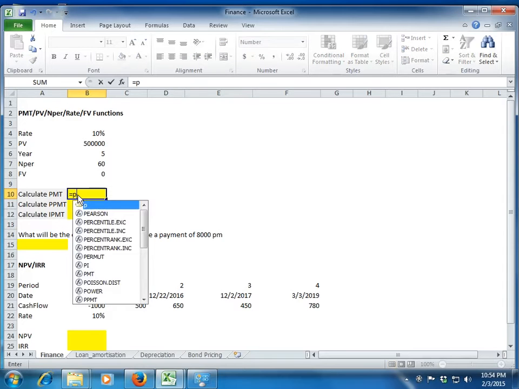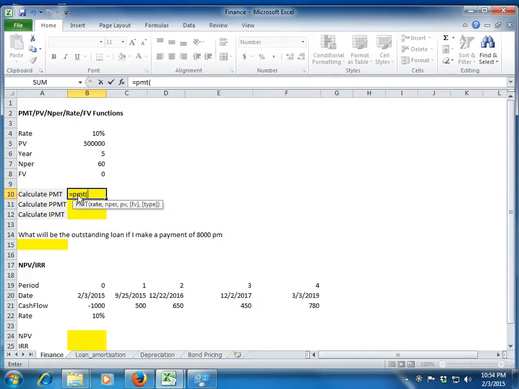Okay, so I use a function called PMT. It's a simple function, as I said. So it asks me for a rate. The only thing to remember with respect to rate is that the rate should be matching with the period which we follow. So in this case, since we are talking about the monthly installment and the rate given to us is annual, I have to divide it by 12. Okay, so this becomes my rate.